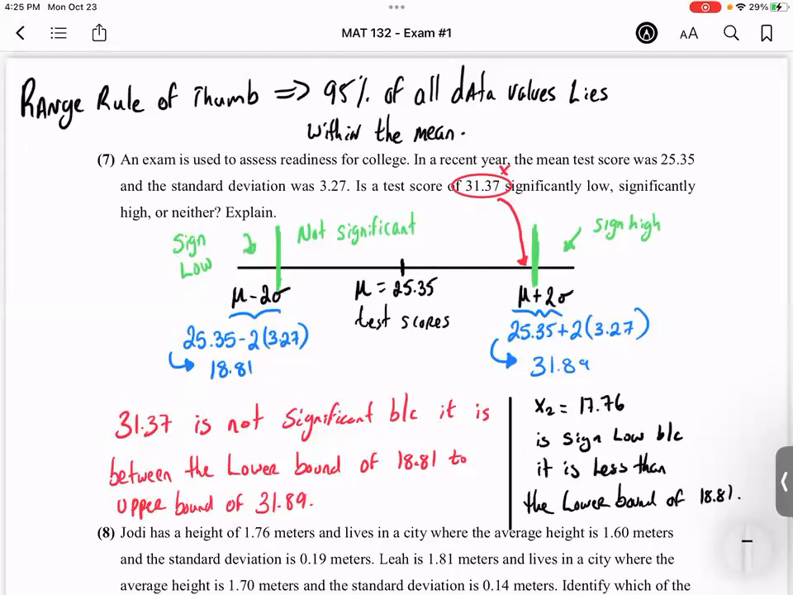All right, 18.81 and 31.89, those two particular values separate or distinguish what is a value that is significantly low versus a value that is significantly